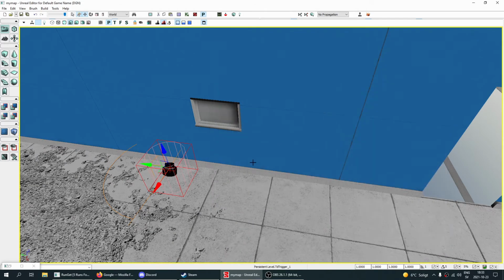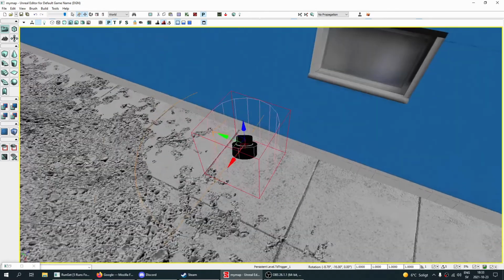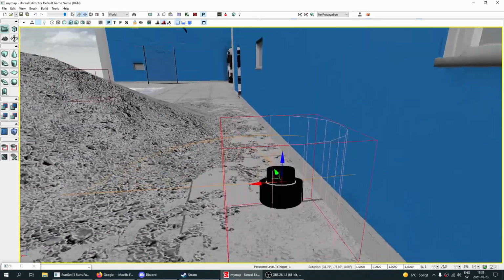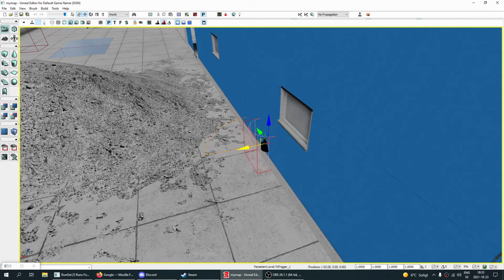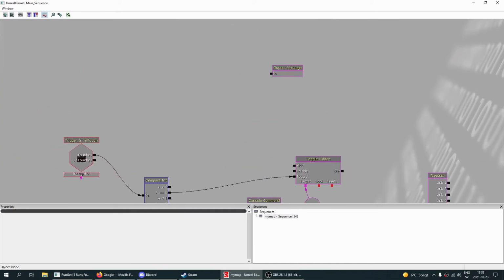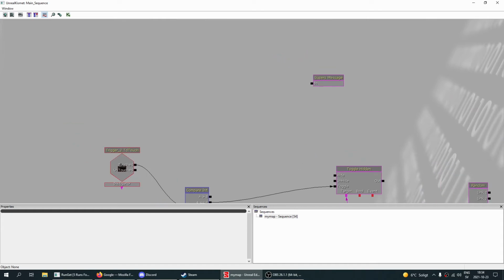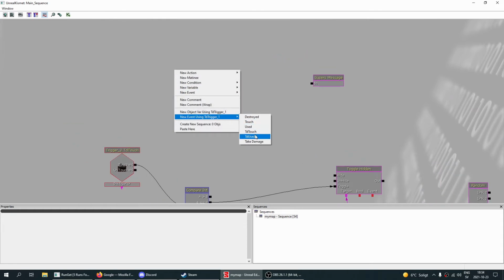And this trigger is a bit different, but that is because it's a button, like when you press a button in an elevator or some other. So now you can see the half circle and then the trigger area. For now I'm just going to place it here. Open up Kismet and, for example, once we add event TD used,